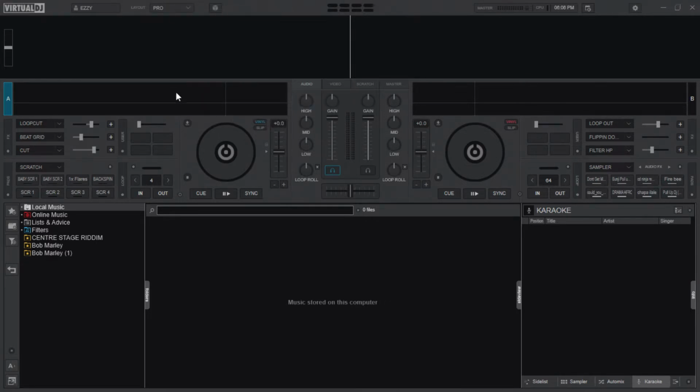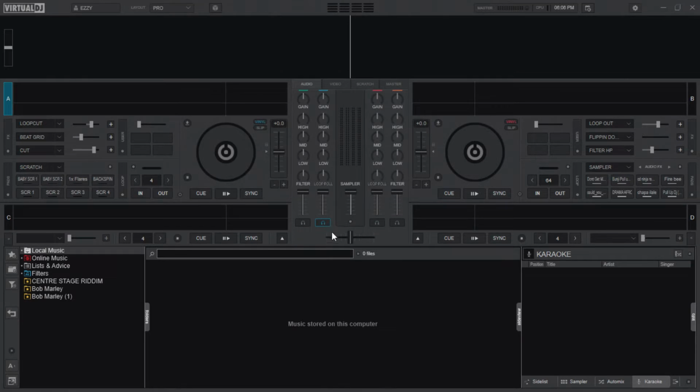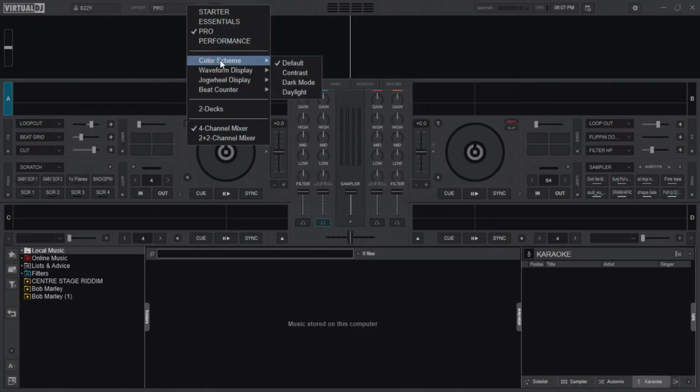So always make sure that you have the Pro mode, but you're in the 2 decks, not the 4 decks mode. As you can see, the 4 decks mode is like this. This is confusing and highly complicated if you've never used Virtual DJ with multiple decks, more than 2 decks. So I'd advise you to use the 2 decks.